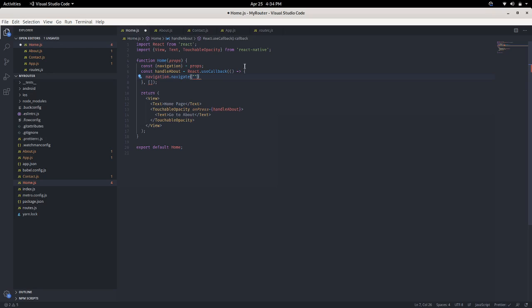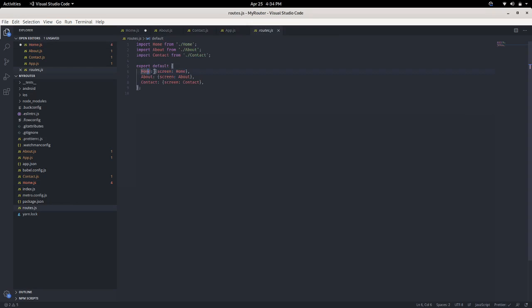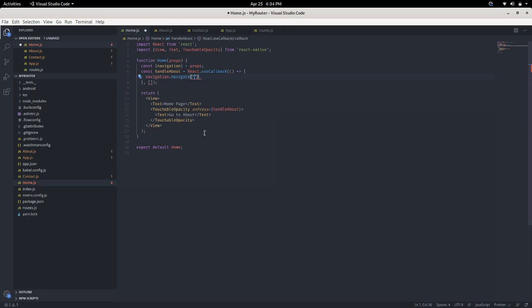Here we define the page name, which we defined in the routes page. I am going to the about page, so I will add about.